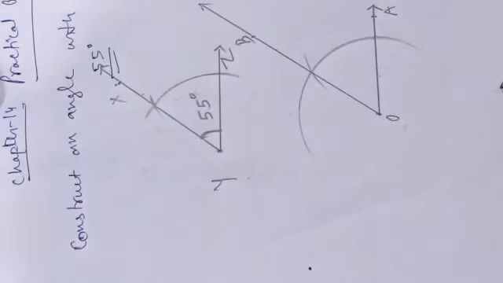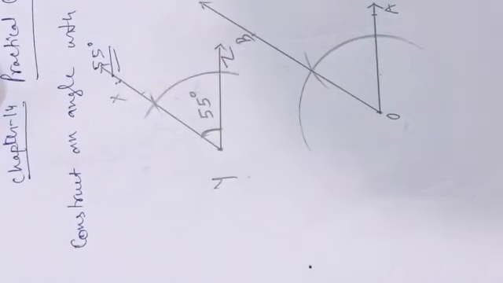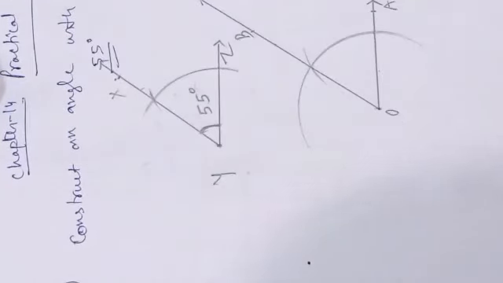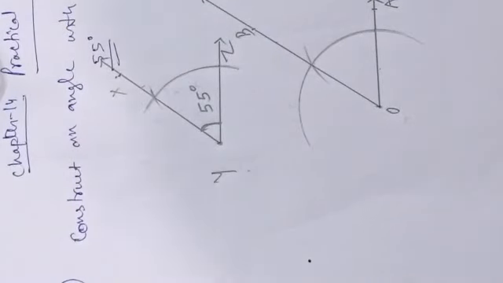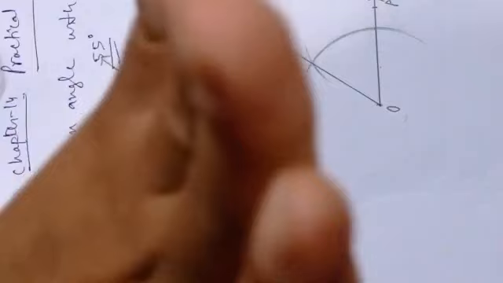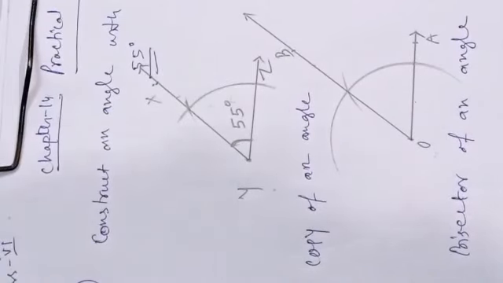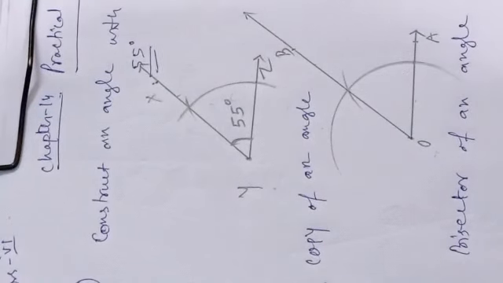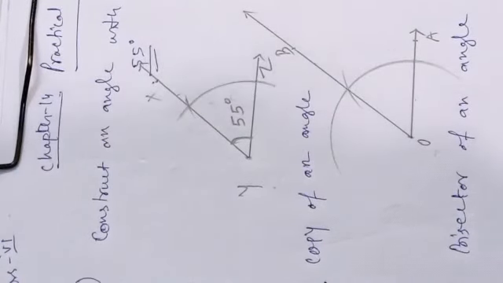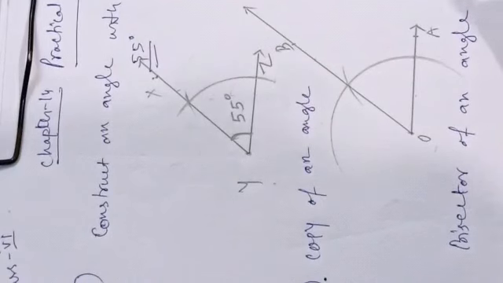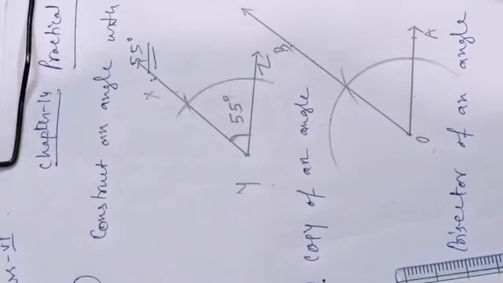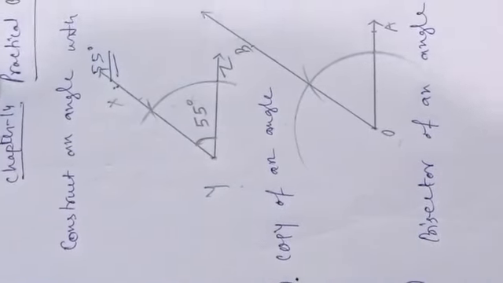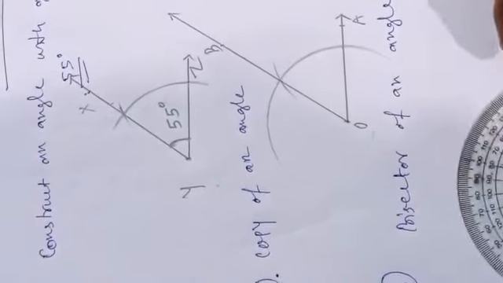Okay, in the next step we will learn how to bisect an angle. So for that, let's take any angle. Here we will learn to bisect an angle. Here let's see how we can draw the bisector of an angle. For that, first we need an angle, of any measure I am going to draw. Let's take a perfect measure. Then it will be easier to understand.